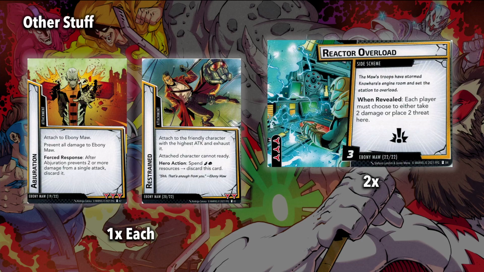Alright, then we got the other stuff. I'm a bit disappointed in the other stuff that happens here. None of these interact with his spells at all. Everything else has been a really tight design based around these spells and the number of spells you have. We've got 2